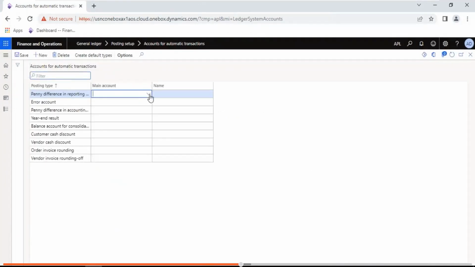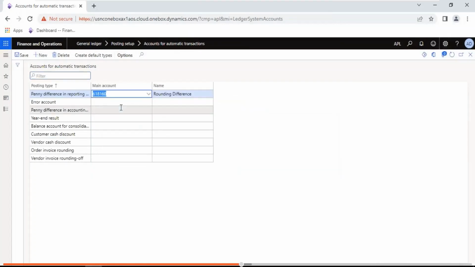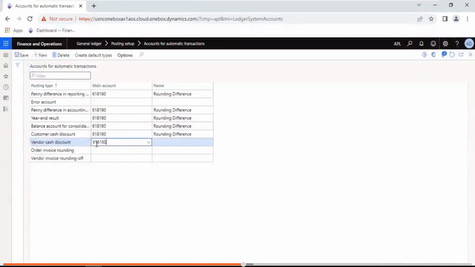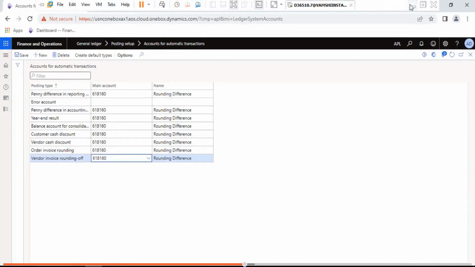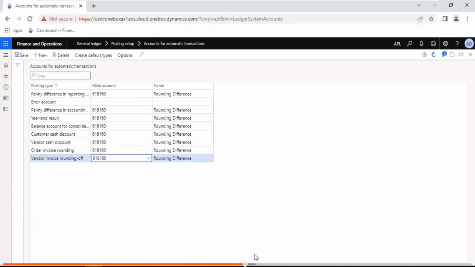You need to map what this account means, the difference, whatever it is, should be posted to some account. That account is